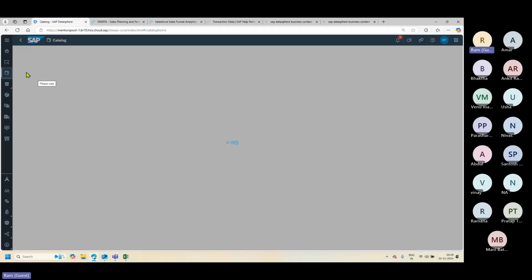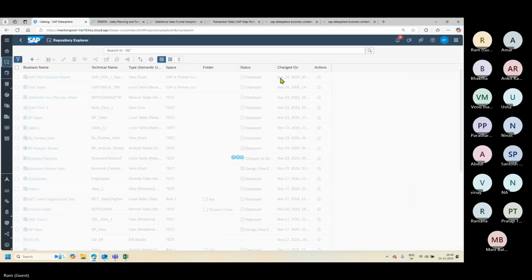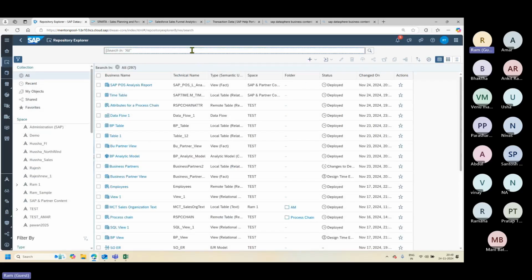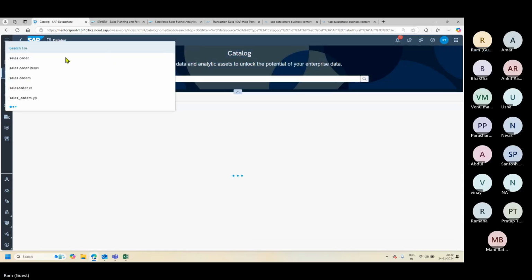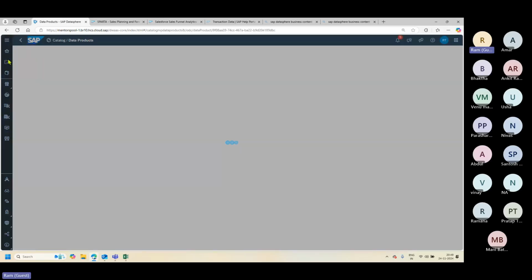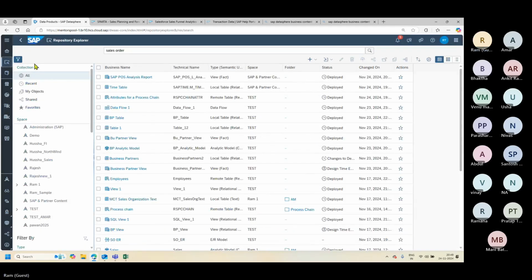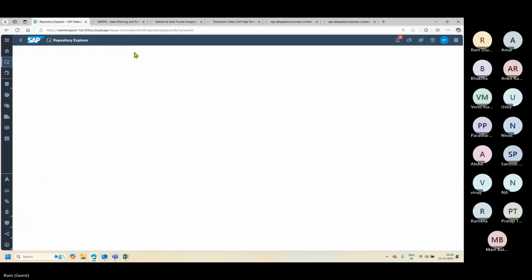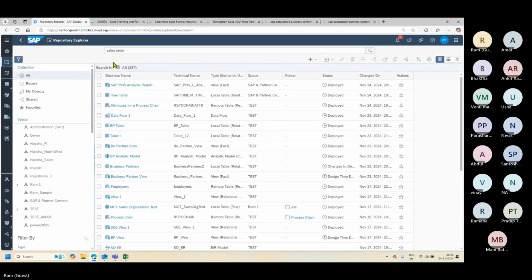So if I go to my repository explorer, and if I want to find sales order, I click catalog. If I search for sales order,